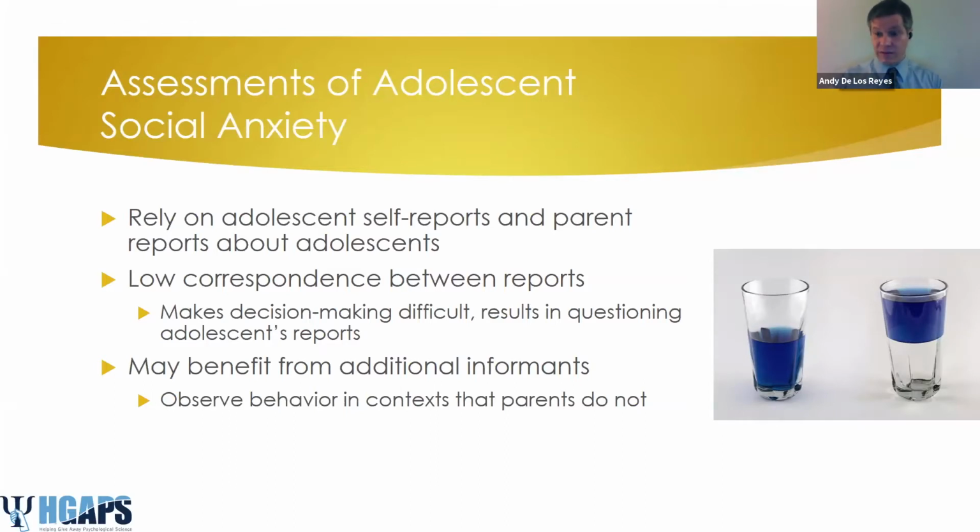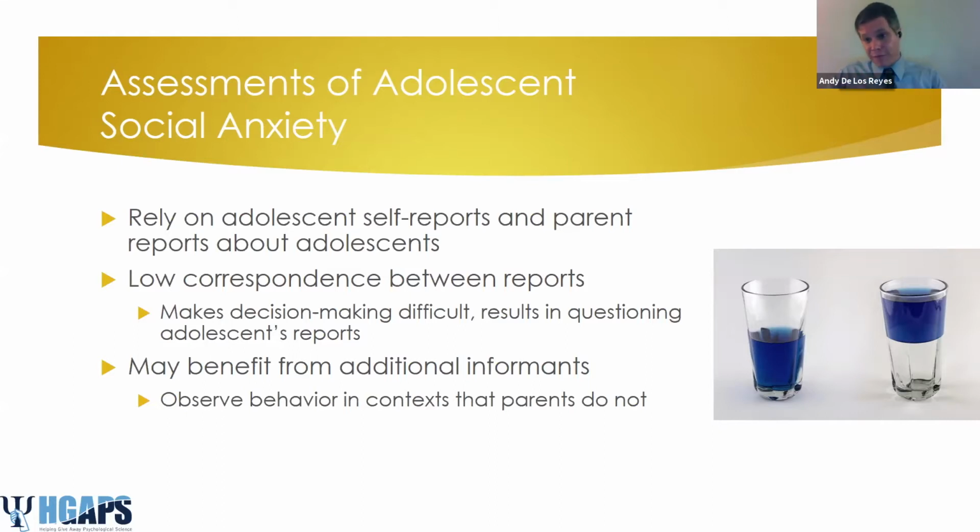So adolescents experience this stuff a lot. The incidence of social anxiety spikes considerably when you're an adolescent. And so when we get adolescents to come in, because they're oftentimes not old enough to consent to receiving mental health services, their parents usually bring their concerns to our attention. And so when we want to get a sense of how they're thinking, feeling, and behaving as it relates to social anxiety, we'll ask the adolescent how they're thinking, feeling, behaving. And we're going to ask their parents as well, because both of them are going to be involved in the care that the adolescent might or might not ultimately receive.